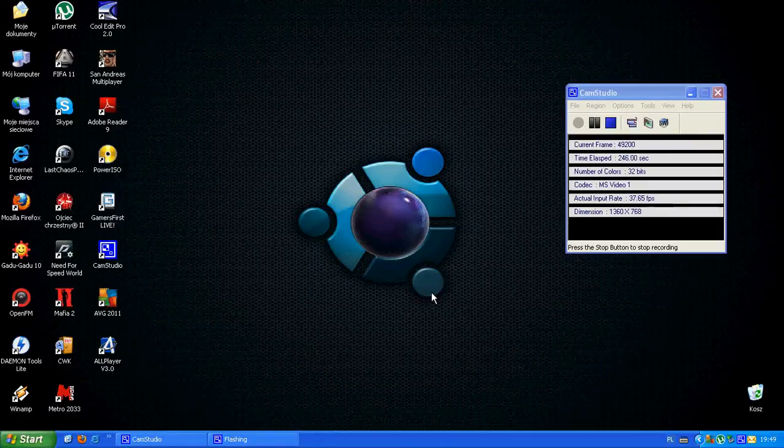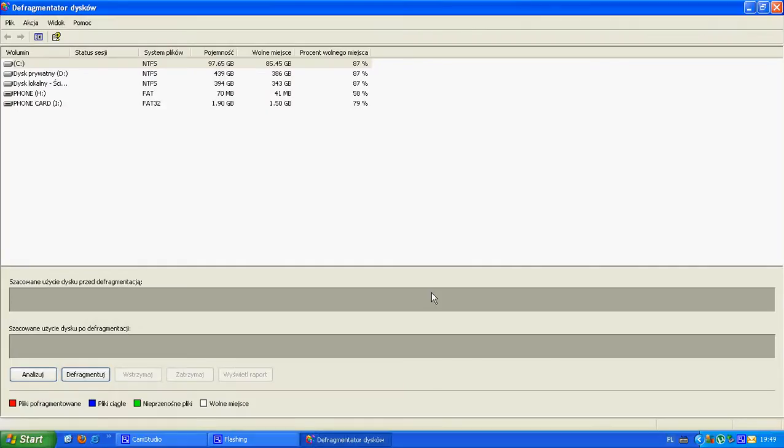Defragmentation is important because sometimes files are fragmented and they take much more space than they would if they were compressed. So for example, if you use the defragmenter, you're going to get rid of useless files, and it's going to push all of them together a little bit, so they will take less space